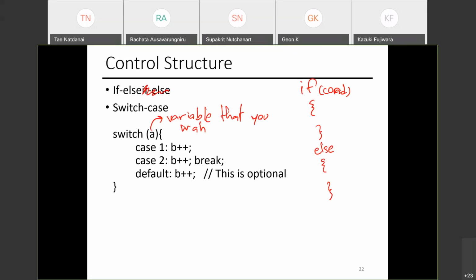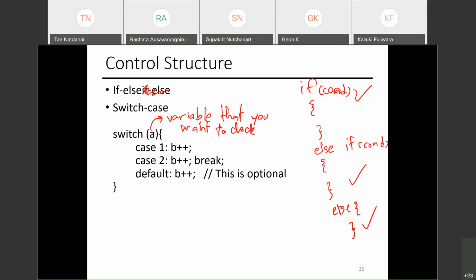So if you have else if, you can do this: else if condition, and then else. You don't even have to have the last else at the end. So you can have the if here, else if, and then else. Else would be like the remaining cases. If you don't want to handle the remaining cases, you don't have to have the else at the end. If you only have two choices, then if and else is fine as well. So what do you want to check?